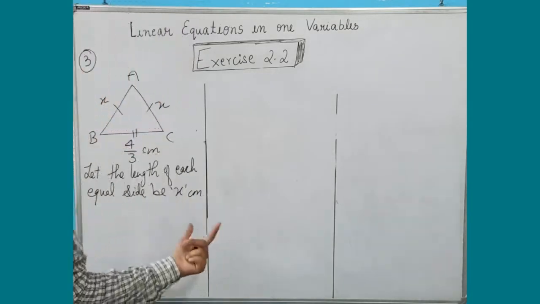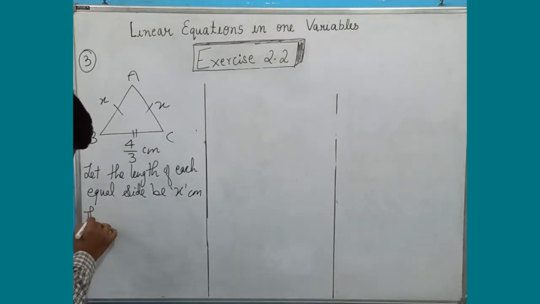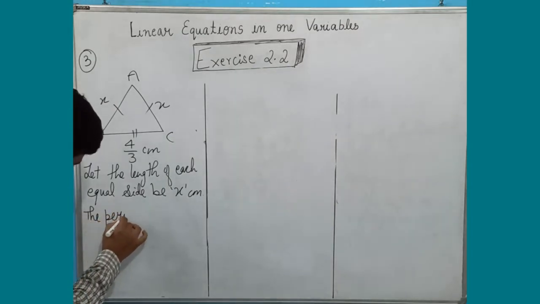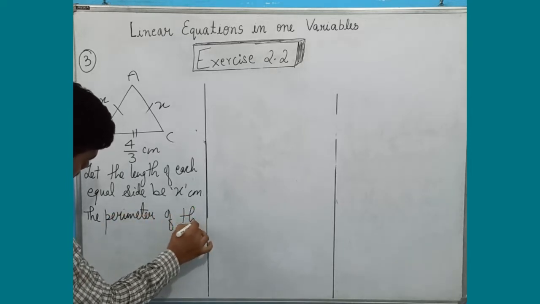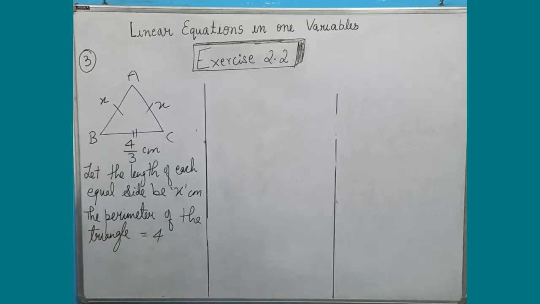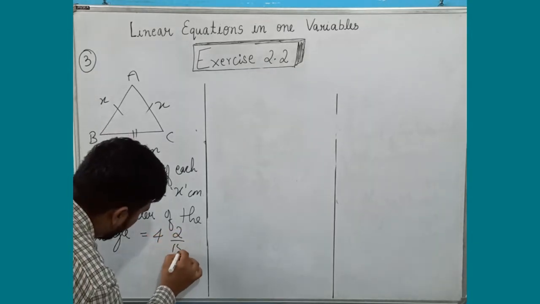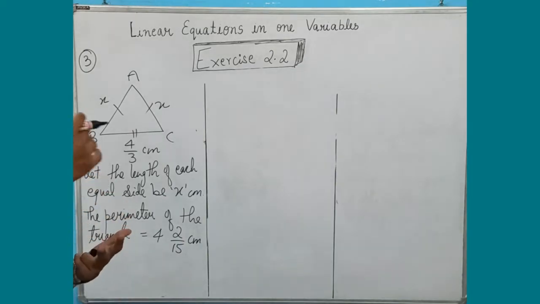It is given that the perimeter of the triangle is equal to how much? 4 whole 2/15 centimeter. So basically, if you don't know any direct formula for the perimeter, you can always find it